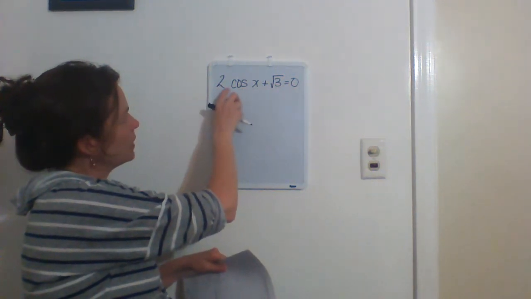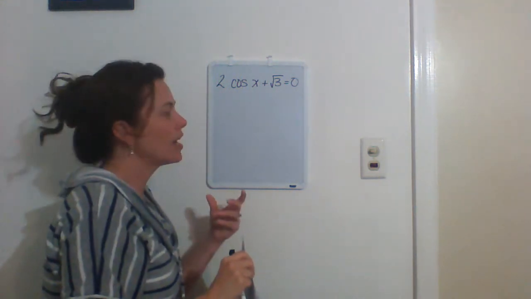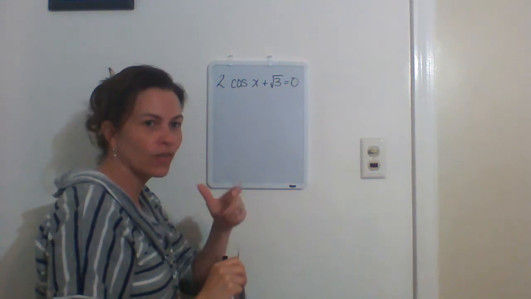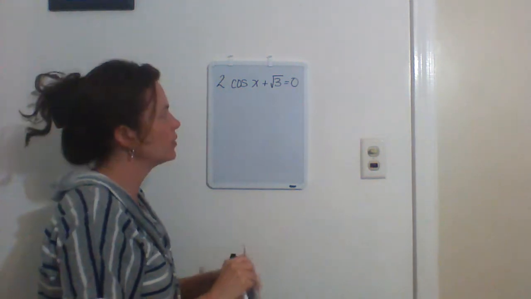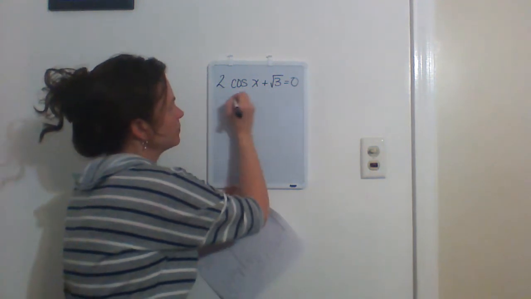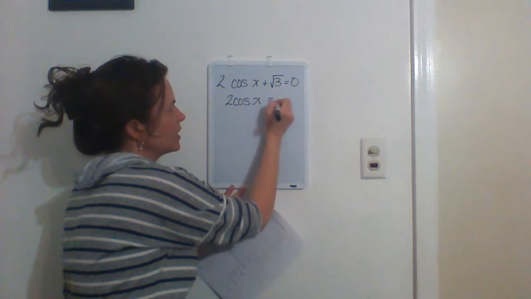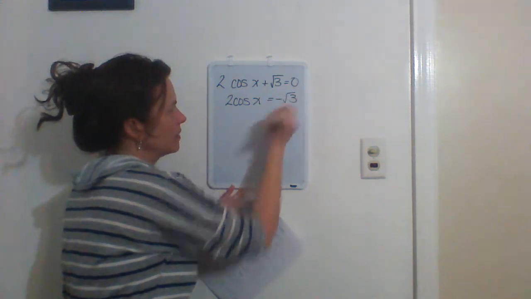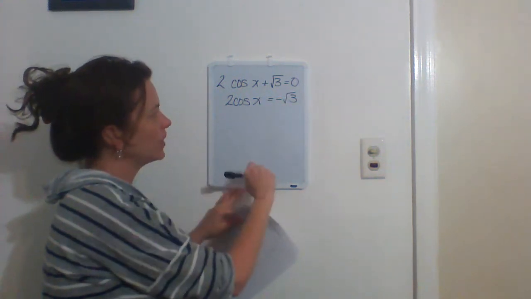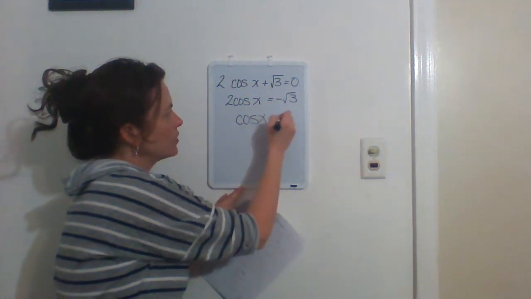So I look here, cosine of x is being multiplied by 2. It is also being added with the square root of 3. And what I want to do is the inverse order of operations because I'm trying to undo things. So I'm going to subtract square root of 3 from both sides. That's going to give me 2 cosine of x equals negative square root of 3. I'm going to divide both sides by 2, so that will give me cosine of x equals negative square root